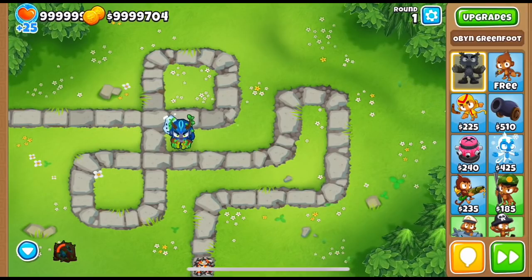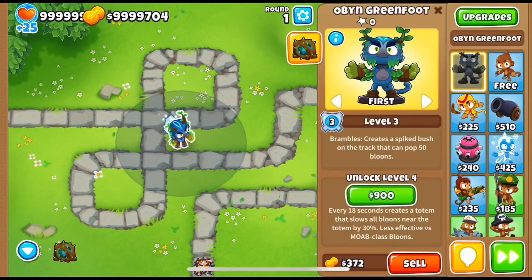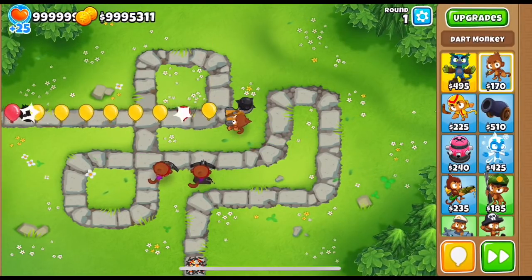And original Oben gets a small wolf pet, just like Gwen has her fox pet and Quincy has his dad's head following him around. Now onto the balance changes, and starting off with the Dart Monkey, the enhanced eyesight and crossbow projectile speed got increased by about 20%,